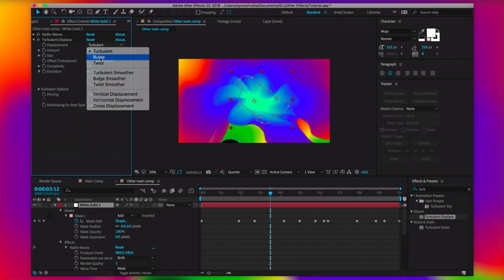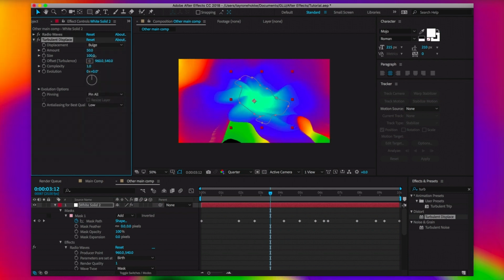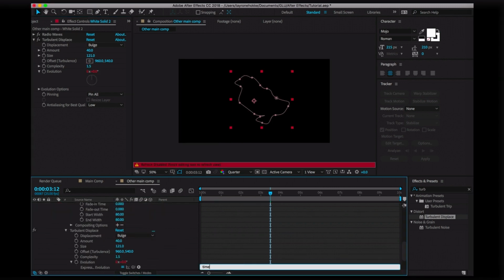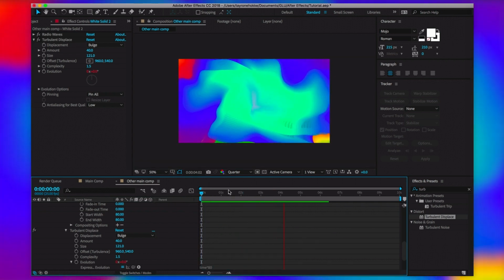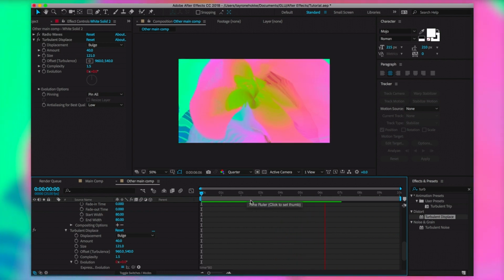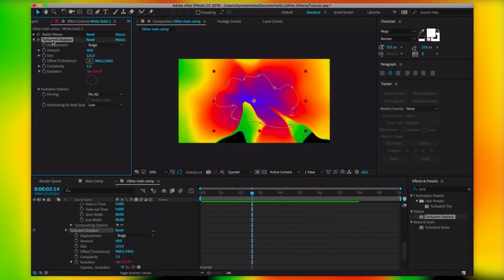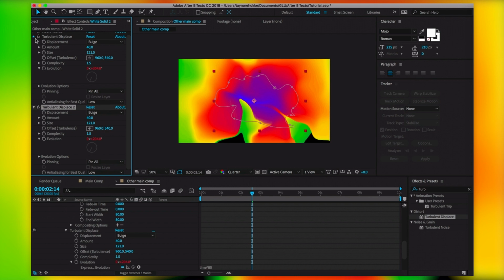Sort of the same thing we're going to do here: up the size, down the amount, up the complexity, and evolution once again with the time expression, time times, whatever, 80. It's a bit faster. Oh, it's already looking really weird. Same thing, copying Turbulent Displace,